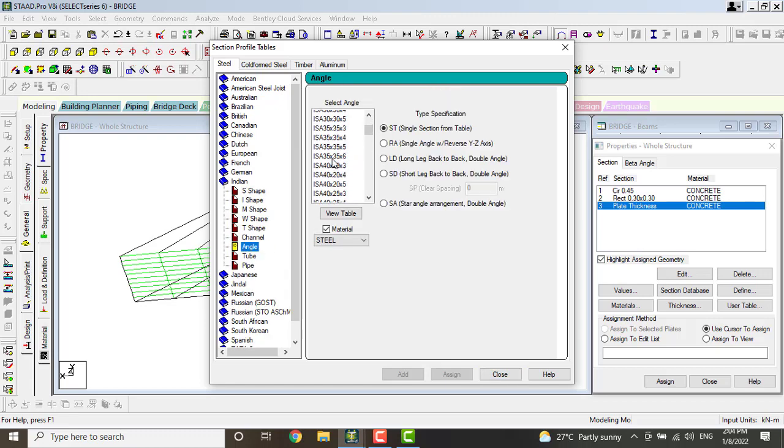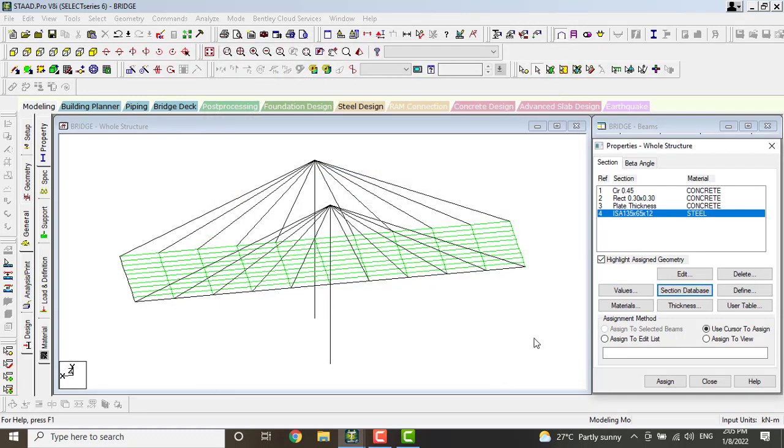Here you have to select the Indian standard code 135/65 into 12. Click on add option. Close it. Next, we have to assign all this to the structure.